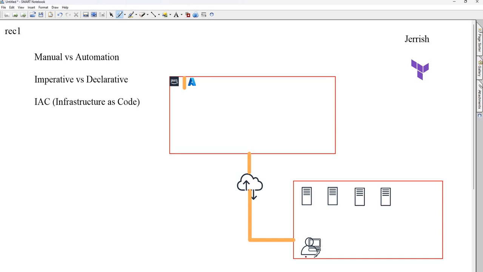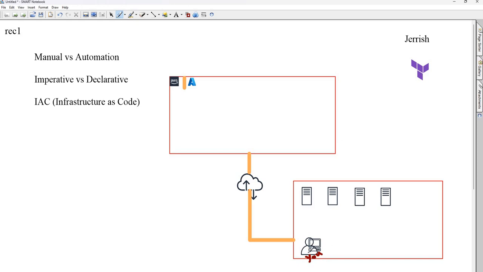Let's assume this is you. You are working in a company as a Windows or a Linux system administrator. Your responsibility is to sometimes connect to a server in your corporate data center and do some configurations. If it is a Windows system, you make configurations in a graphical way. If it is a Linux system, you make configurations by typing commands. This we call it as manual way of doing tasks.